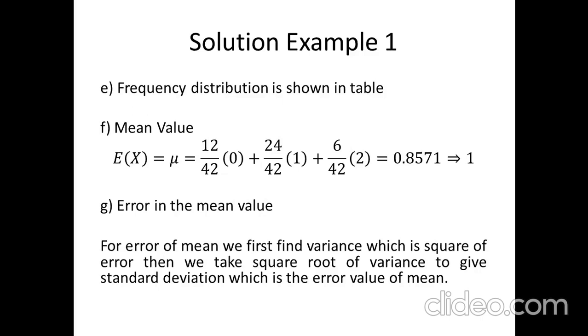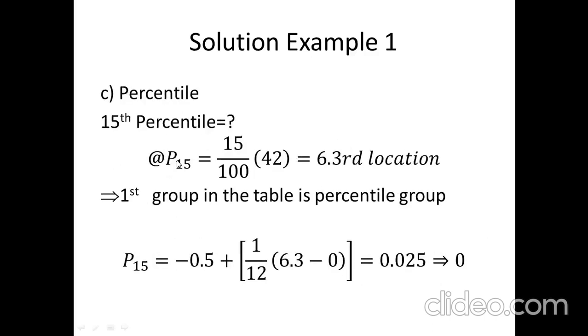We know the mean value is the expected value of x, which is indicated by the popular Greek symbol mu, and the formula for finding the mean value is mentioned over here: E of x, or the expected value of x, which equals mu, or the mean, is basically the summation of the product of the probability of each data set value multiplied by the value itself, and this would be summed from 1 to small n, that is, summed to the total number of groups, and the same equation can be written in terms of the frequency.